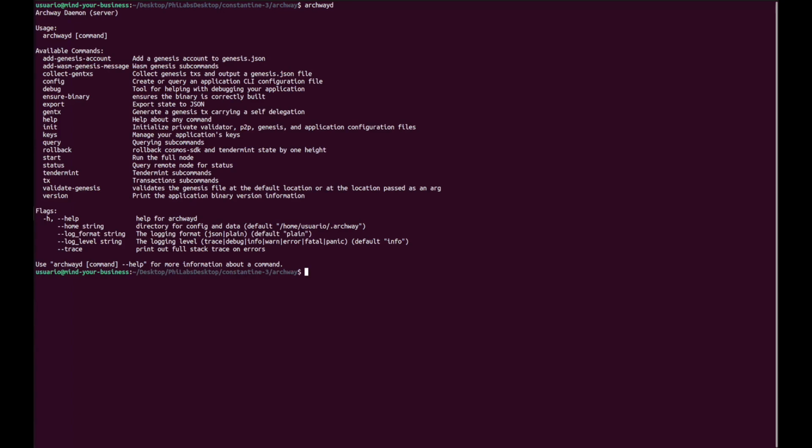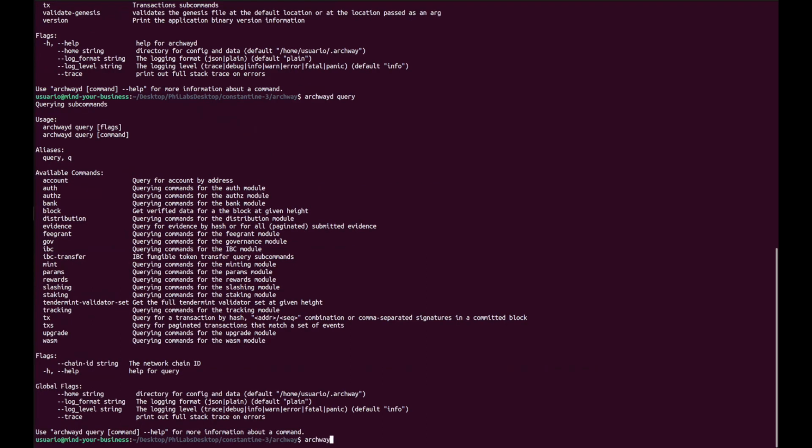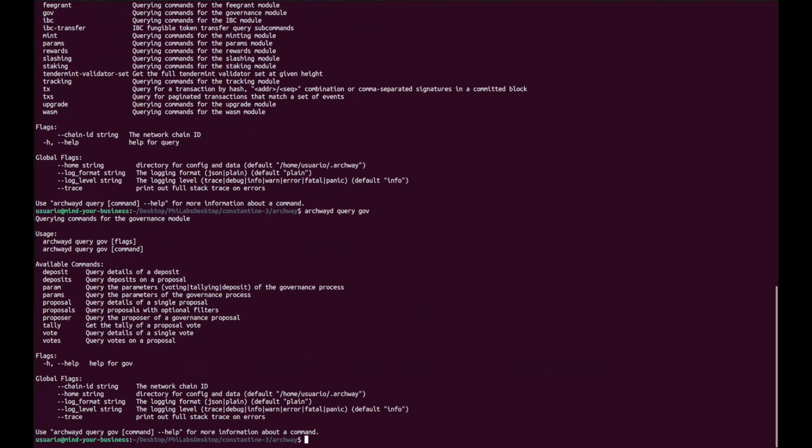So for example, we can use archwayd to query data on-chain with archwayd query, and in this case specifying gov, we can see all the queries available for the governance module. So for example, if we wanted to see data relative to on-chain proposals, then we would do archwayd query gov